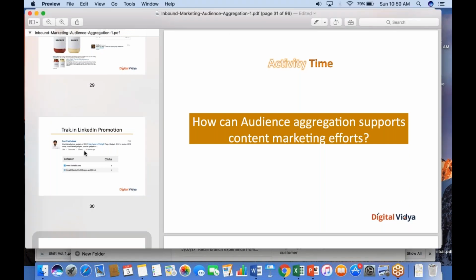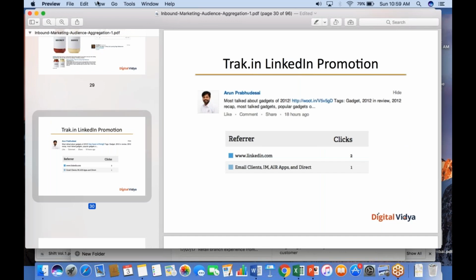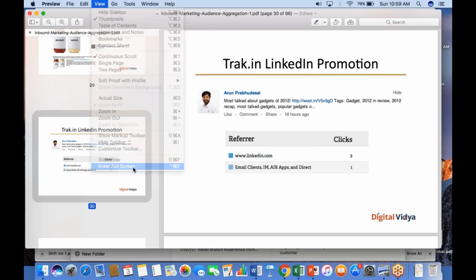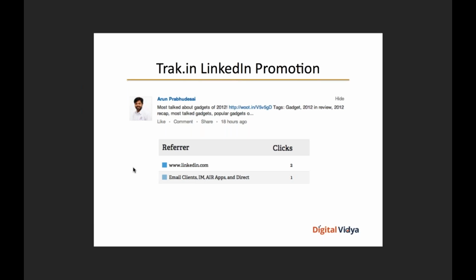Okay. So moving on. Track.in, I'm sure a lot of you would know of this website. This is again a very famous digital media platform which provides a lot of information about the latest happenings in e-commerce, in mobile phones, in electronic gadgets, and so on. And this is an example of how they're putting out content which provides their audiences with a curated list of, say, popular gadgets in 2012. They also look at the referring sources of traffic to their website, which is social media, email, and so on.